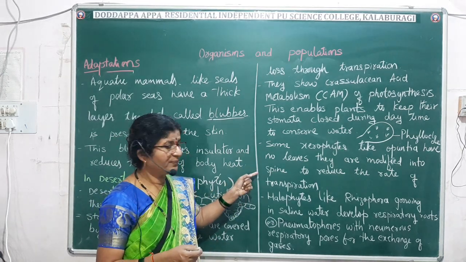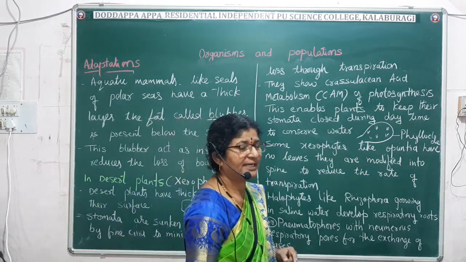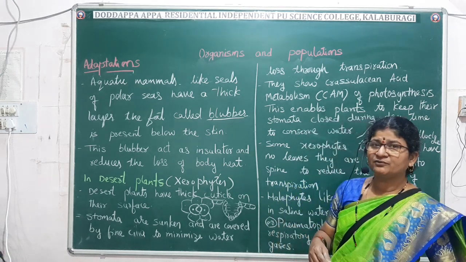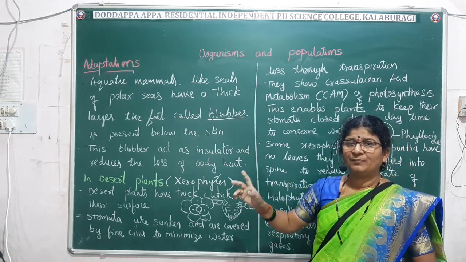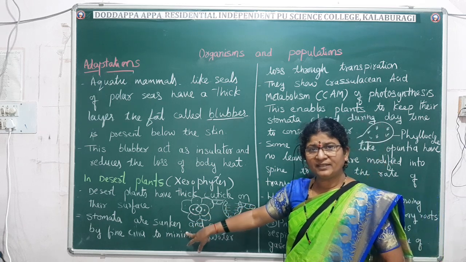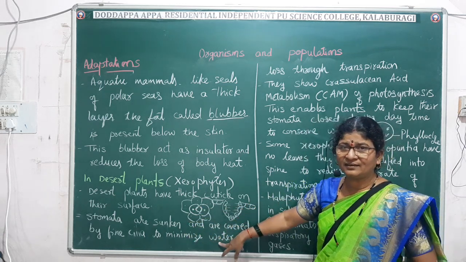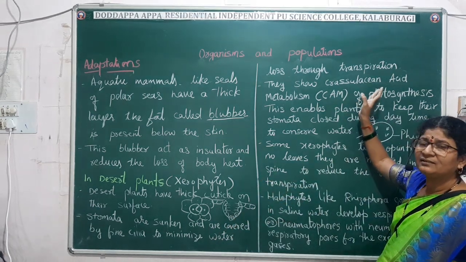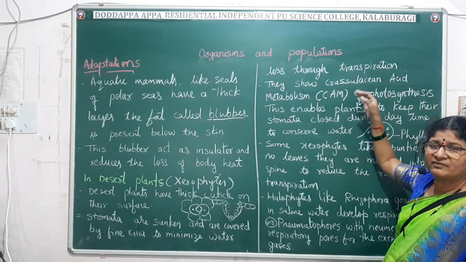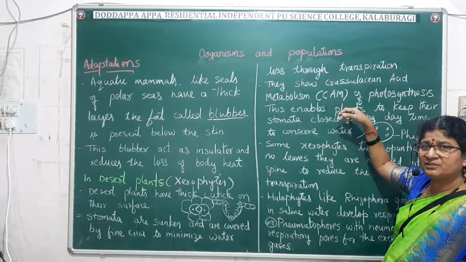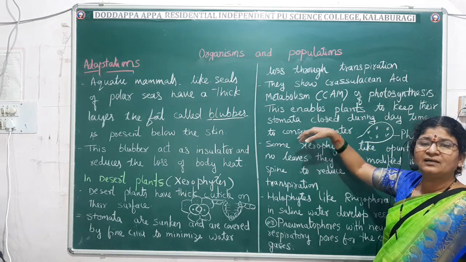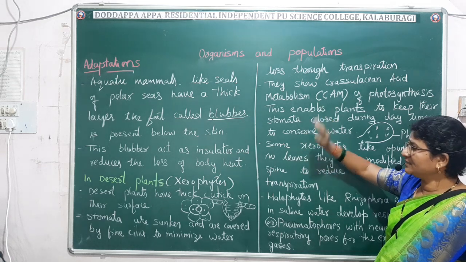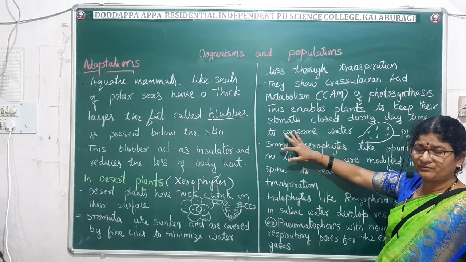So that is about the adaptations of the xerophyte or xeric adaptations, which is asked for 3 marks in the annual exam. What are the xerophytic adaptations you have to remember? The plant body is covered by a cuticle layer, and you will see sunken stomata, and you will see the crassulacean acid metabolism, that is the CAM mode of photosynthesis, where the stomata remain closed during the daytime, and the leaves got modified in some of the xeric plants in the form of spines. So these are the important adaptations which you have to remember.